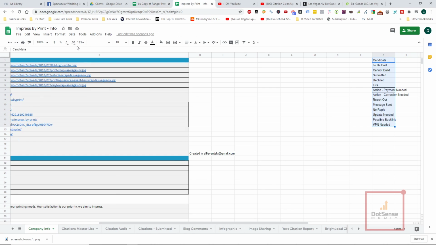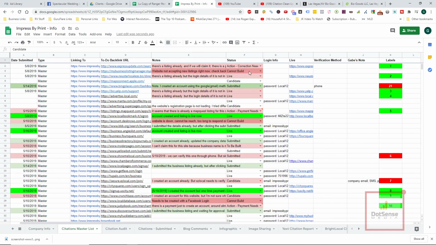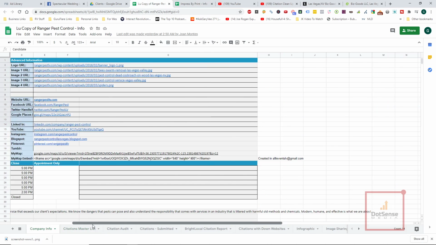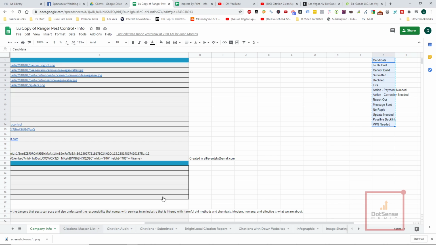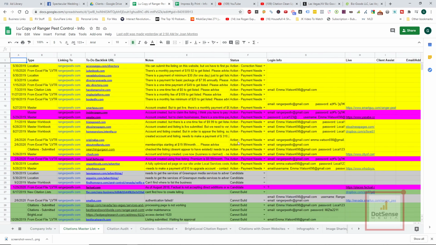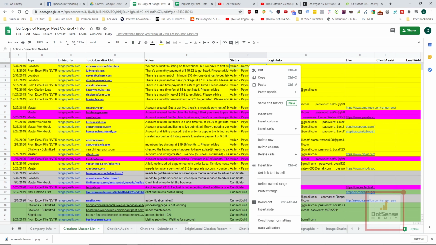I don't need those lines. See these little lines? I'm going to get rid of those. There we go. Okay. So now what we have to do is we have to tell this field here where to go find that information, because right now it's on company info. So one of the easiest ways to do that is to go to the company that you do know is set up correctly. Pick that field, and we're going to go